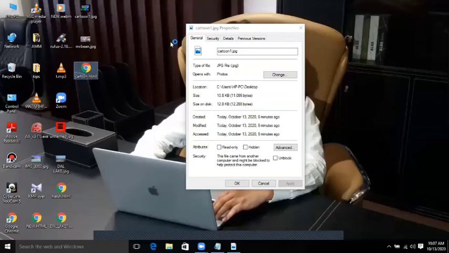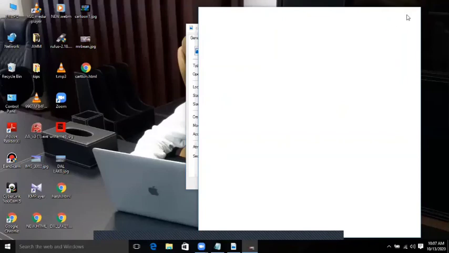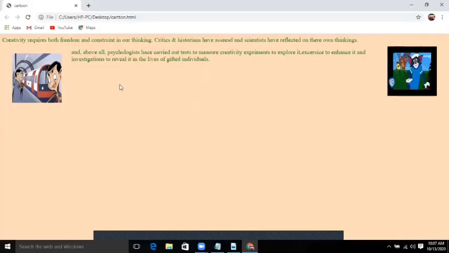It worked. Now wait for it to respond. It is opening. Now maximize the window and check it out. There are two pictures that you can see. So our today's program has been done, and I hope everyone understood.